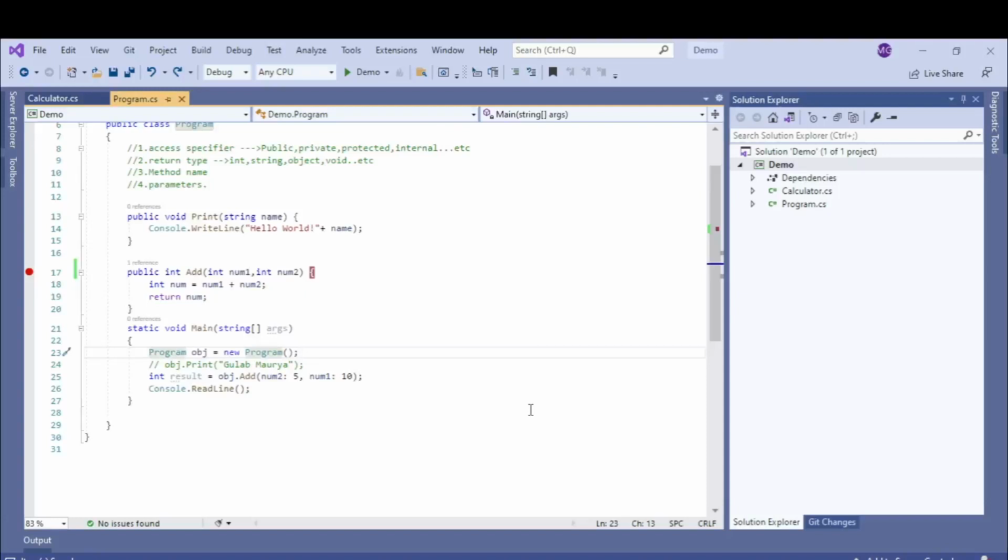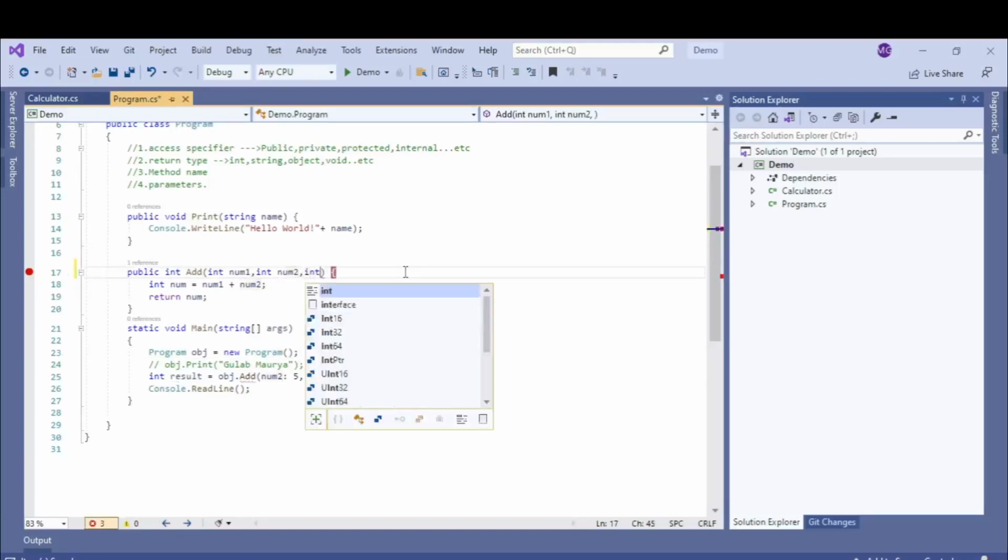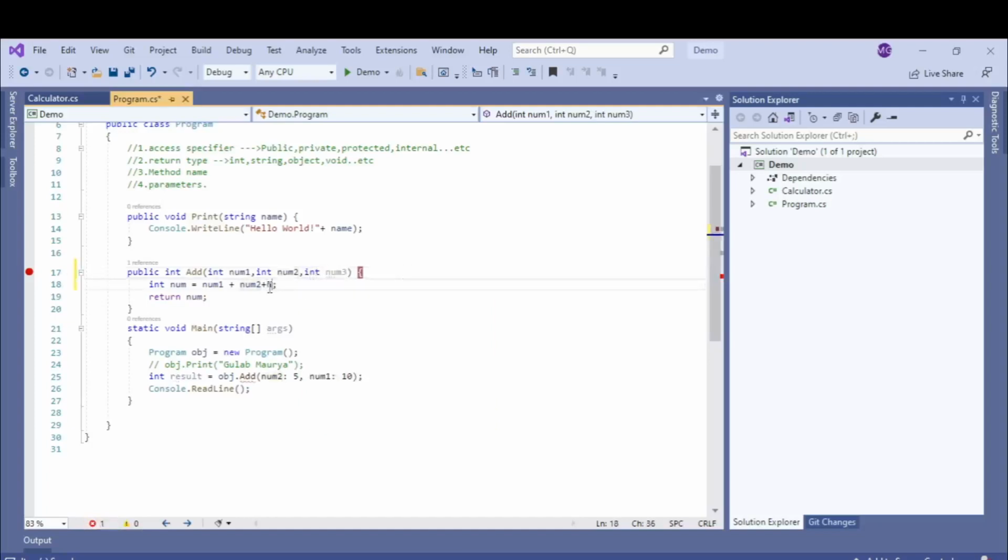We can mix named arguments with positional arguments, but we must ensure the order of the arguments is the same. Just try that out. Let's add num3 here, and we'll be adding num3 here as well.